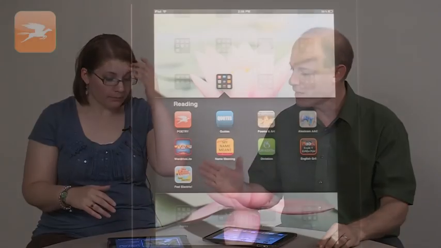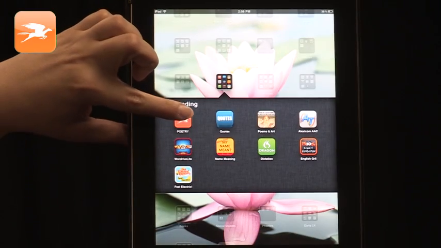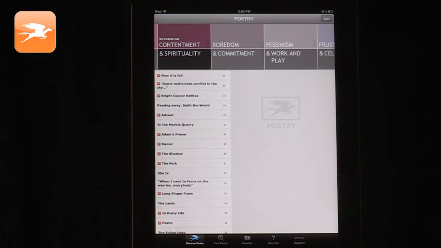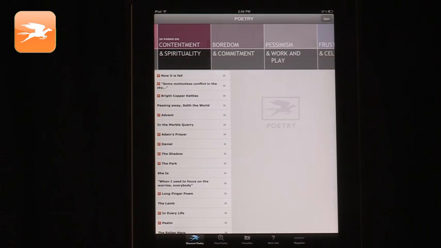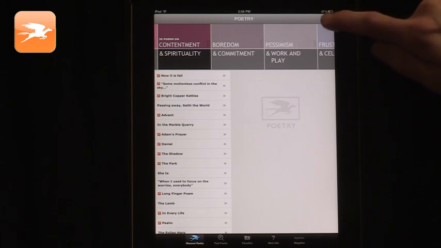Okay, so this one really bunches them up, and we're going to shift and just make sure that everybody else can share with that. Okay? Right, yeah. Okay. So this app is called Poetry. It's by the Poetry Foundation, and it has the ability, like I said before, to allow students to spin and search for a theme. I'm spinning. Go for it.